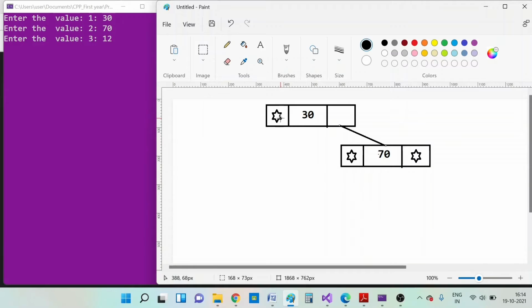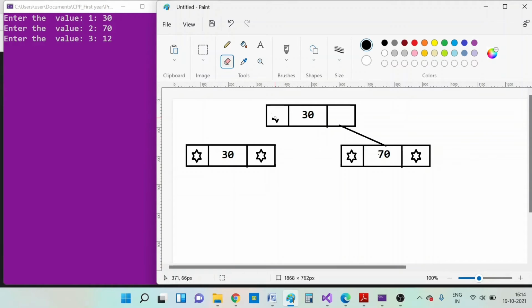Again it is null, so it will make a recursive call by passing the null value, and in the recursive call it will be detected that it is null, so it will get into the if condition again, and it will create a new node, and it will pass the address of the new node to the recursive call, which means it will be received by this particular node, and it will be assigned here.